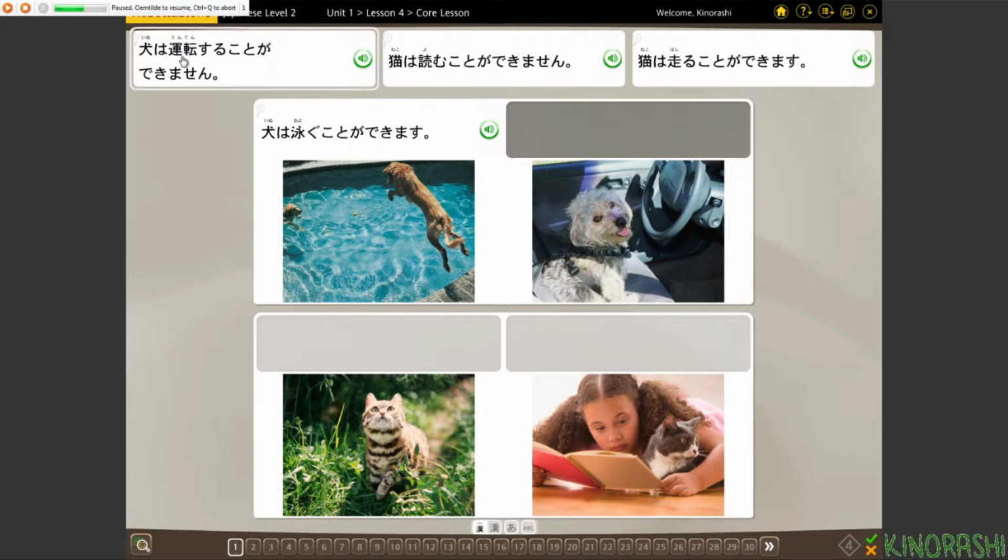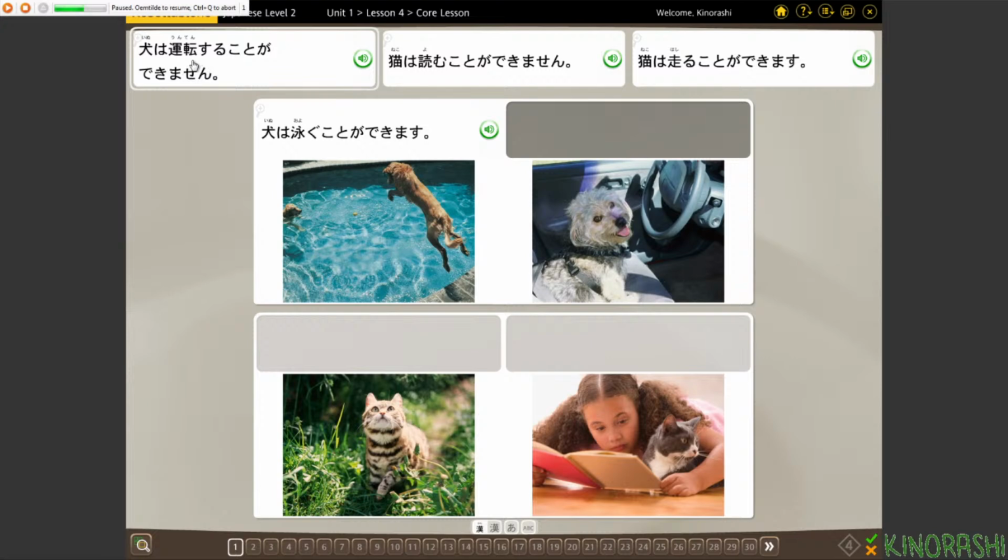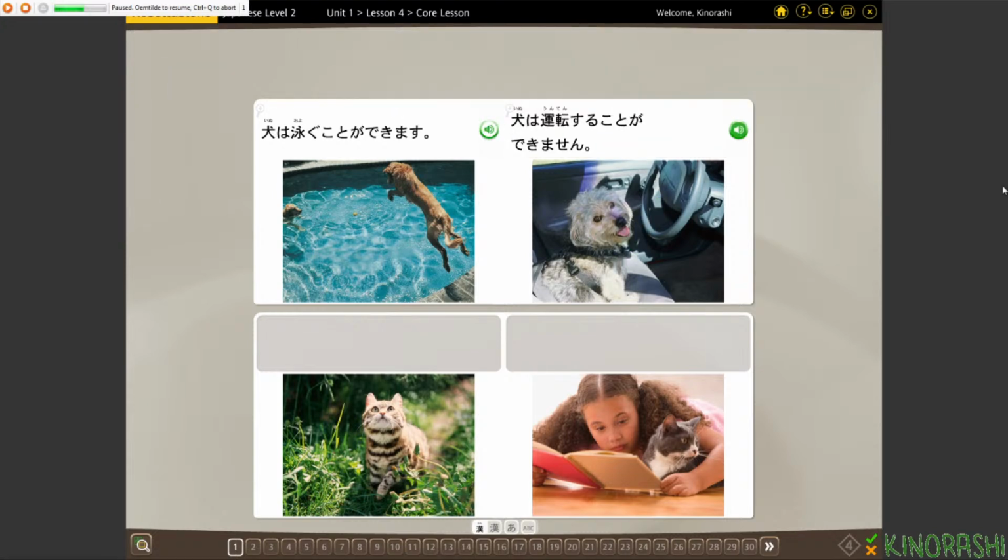Inu unten suru. This is, I think, the indicative form of unten shite. Unten shite was the te form for driving. This is the indicative form. So unten suru. Yeah, all one word. Unten suru and then inu. 犬は運転することができません。